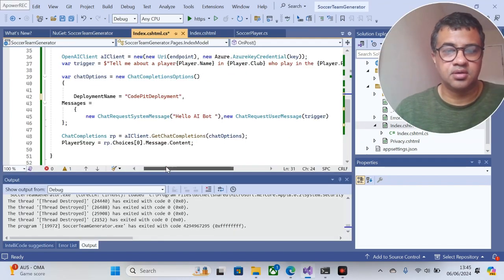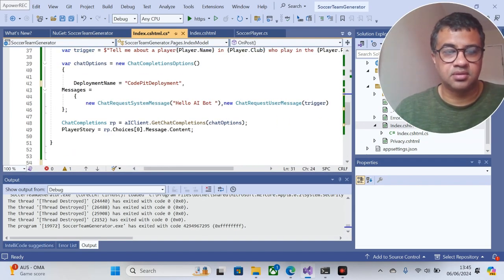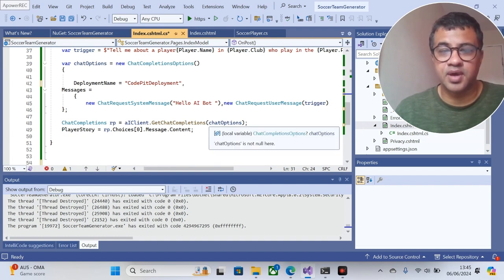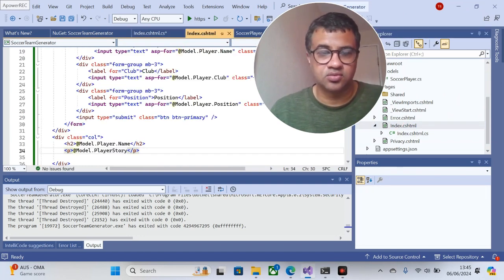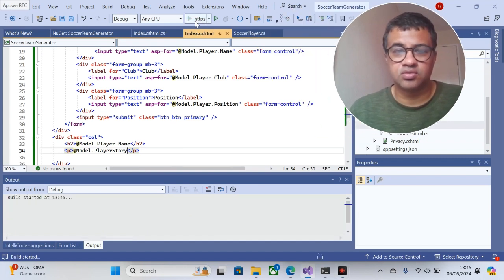So again, it's chat completion. We called it again over here. We're passing the chat options and we're adding content to our player story, which we're going to call up in the code behind, which is here, add model player story. So once you run that code,